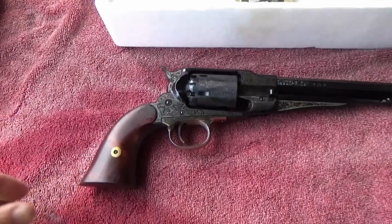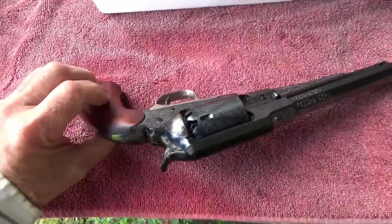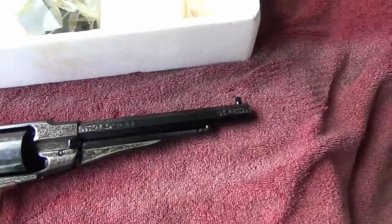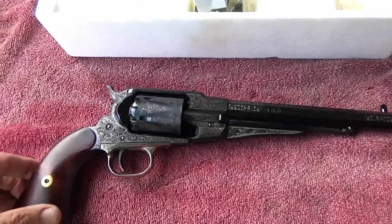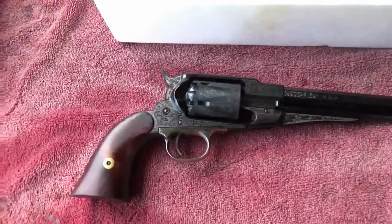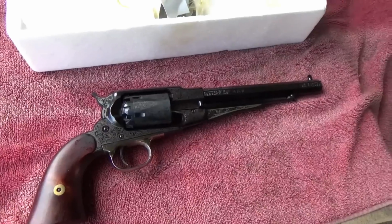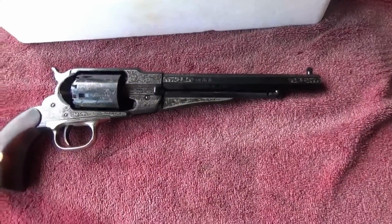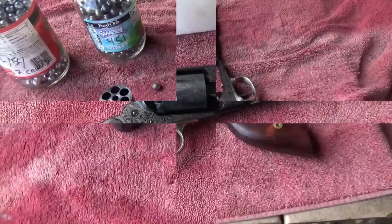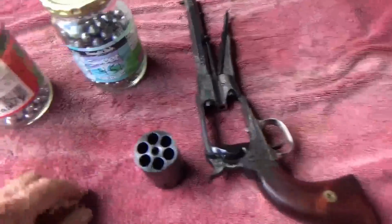We're going to check this one out and see if it performs anywhere near the same as the one that I've got. We'll check this out as far as the bullet placement goes, high, low, left, right, and see where it's shooting right out of the box, and also how it does as far as grouping goes. So we'll get to loading this gun up and get right after it, and plan to have a lot of fun with it. Gone ahead and slid the cylinder out of the gun, and I'm going to check my 4.51